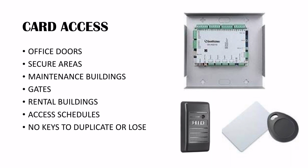Now there's some, again, added cost to this, but now we have the network. Now you just add these boxes to it, and it's 100% scalable. And the box in this picture here will handle 4 doors. You can get ones that'll handle more. You can get ones that'll handle a single door. So if you have an outbuilding where you just need a single door, you can put one of these boxes on it. And it has to be locally powered, but